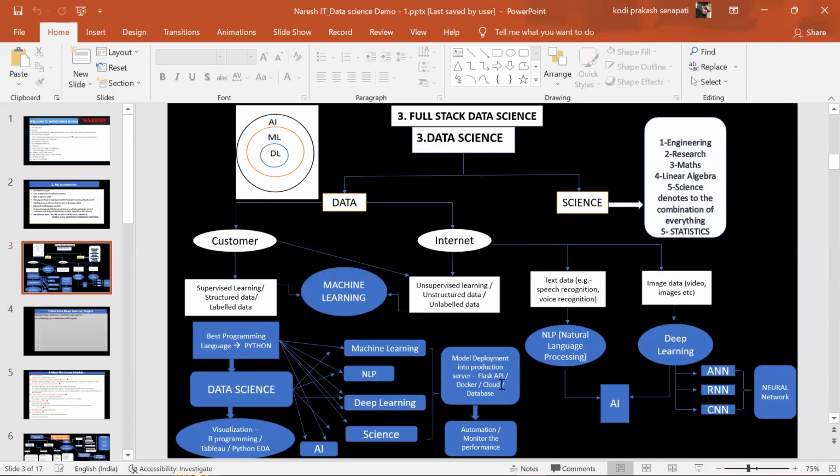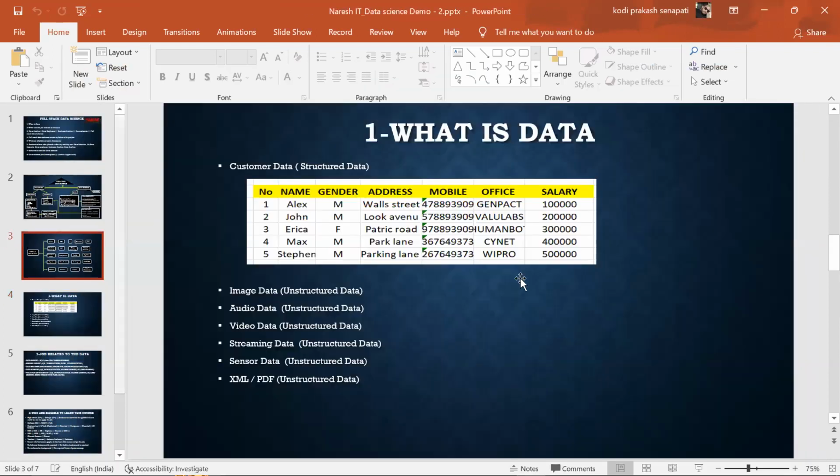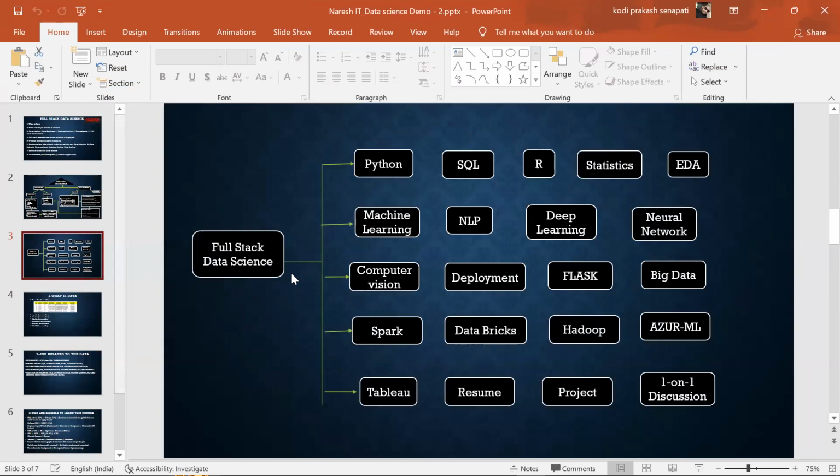Once we build the model, we can deploy it using Flask, Docker, Cloud, and we automate this process later. If we talk about this one, this is called full stack data science. In full stack data science, what will we cover? Python, SQL, R, statistics, exploratory data analysis.